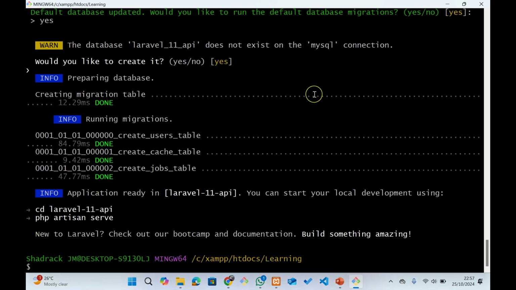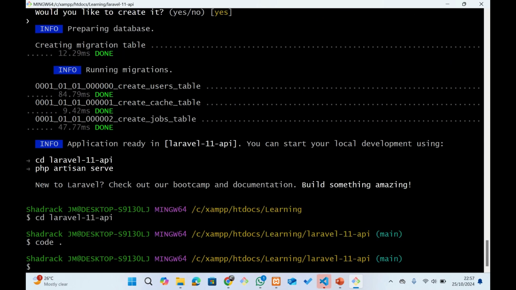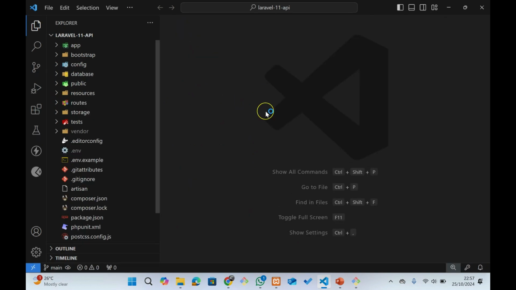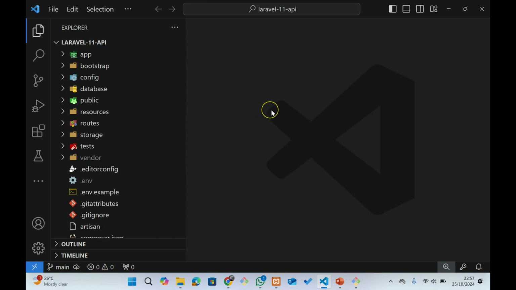To do that, let's go to this directory, which is Laravel 11 API, and then let's open it in VS Code. So right here is our VS Code. Let me zoom in a little bit so that you can see what I'm doing. Okay, yeah, so after we've successfully created our Laravel 11 API application, what we need to do